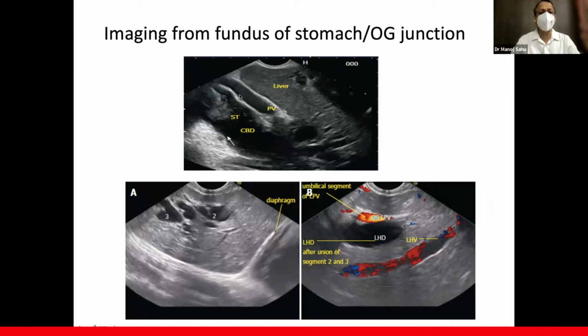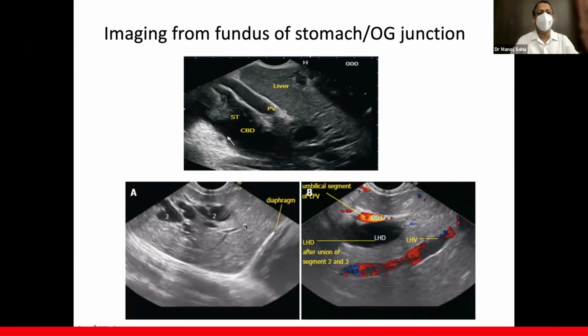Immediately the portal vein will be close to the transducer, and the bile duct will be below the portal vein. So we can see the left lobe, with dilated intrahepatic ducts in segment 2 and segment 3. The dilated ducts can be seen. If required, you can use Doppler. But an anechoic structure with hyperechoic margin is a portal vein tributary, and the dilated bile ducts are anechoic adjacent structures. We'll see segment 2, and with a little clockwise rotation, we can see the fusion of the segment 2 and segment 3 ducts.